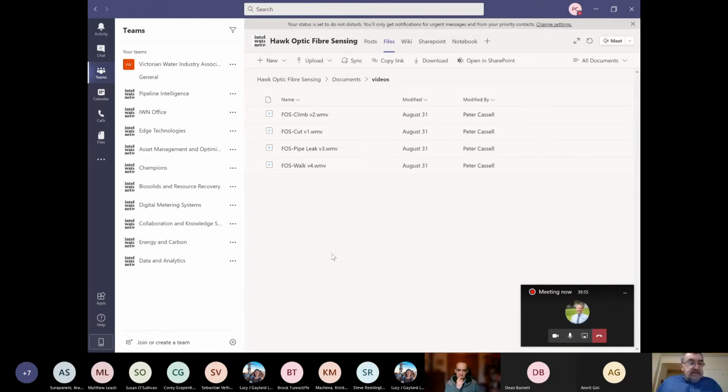So one of the good things about the Teams environment is, as I said at the start, it's a collaboration environment. So it allows you to interact with members of your team, members of other teams, and you can do that in various ways. The way we're doing it at the moment is video call, and there are some nice little functions that are available within a video call as well,